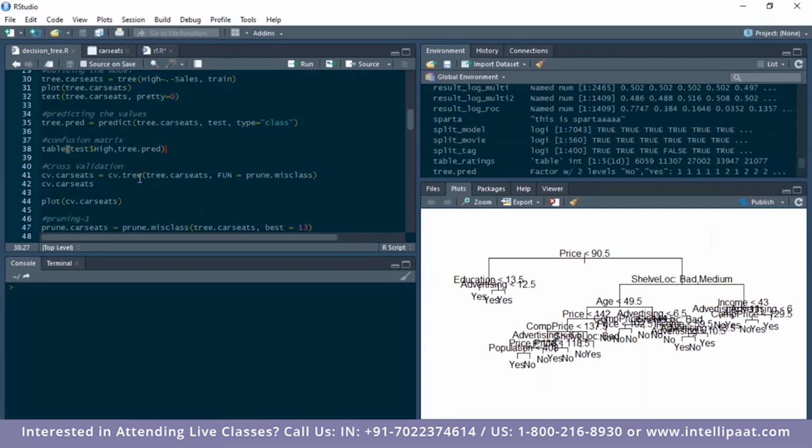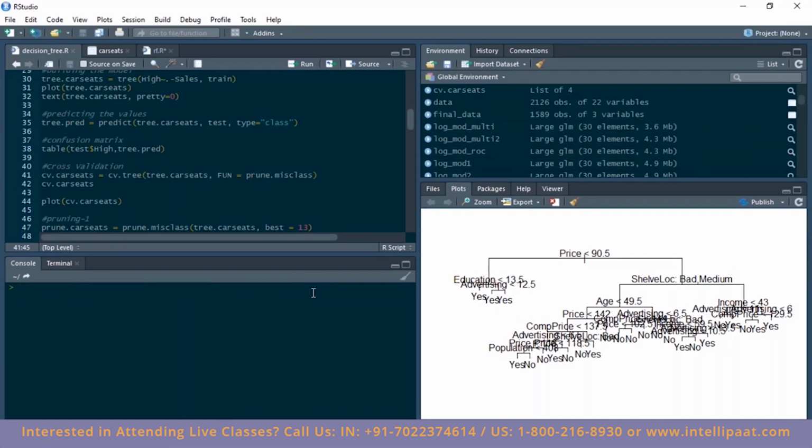All right. So for that, we'd have to do a bit of cross-validation first. Yesterday we also saw the k-fold cross-validation. So the cv.tree is used exactly for that. With the help of the cv.tree function, we can do the cross-validation, and this takes in two parameters. First is the model which we built, and next is the function. So prune.misclass is saying that we are doing this cross-validation for the purpose of pruning our tree. This is an inbuilt function which does the entire thing in the background, and will store this in